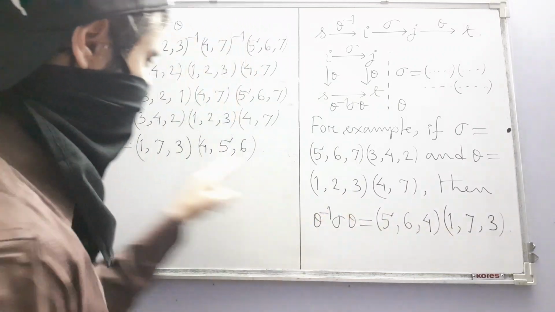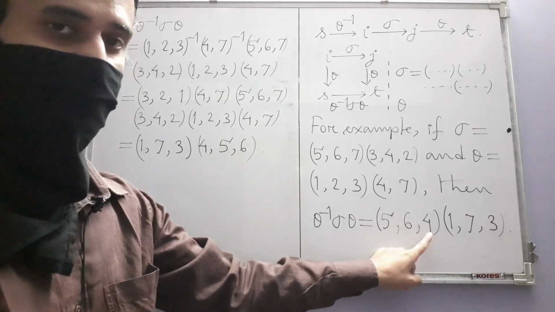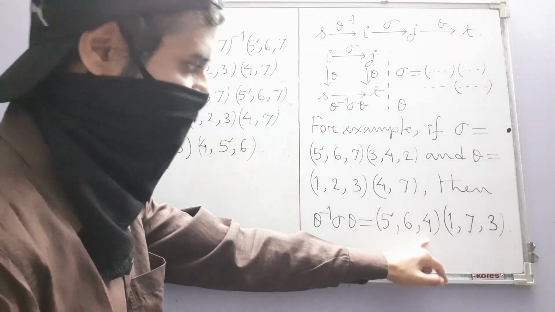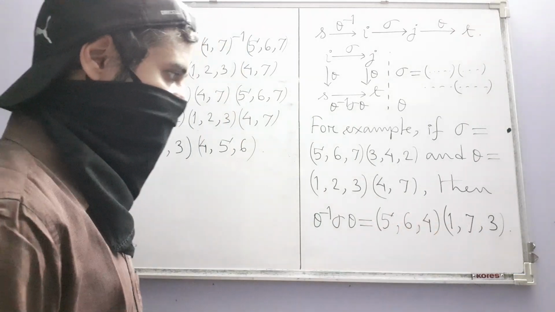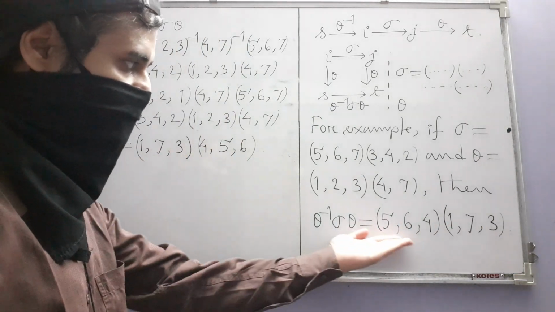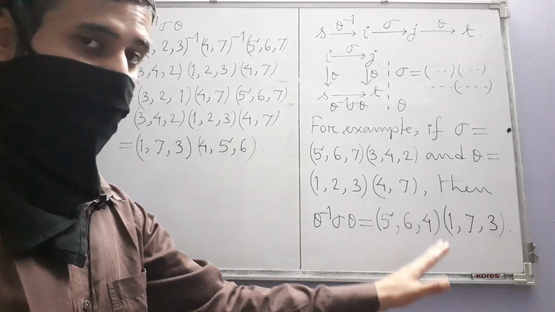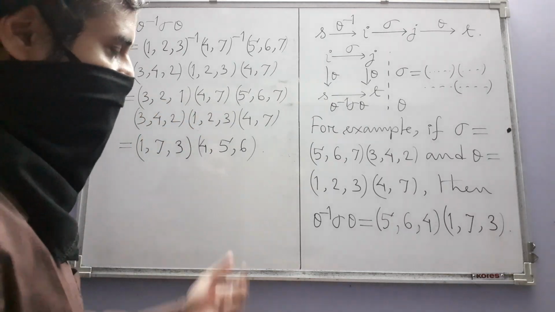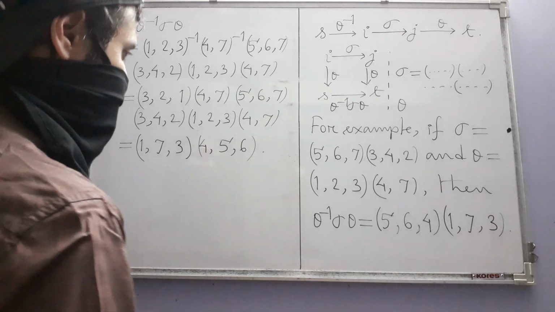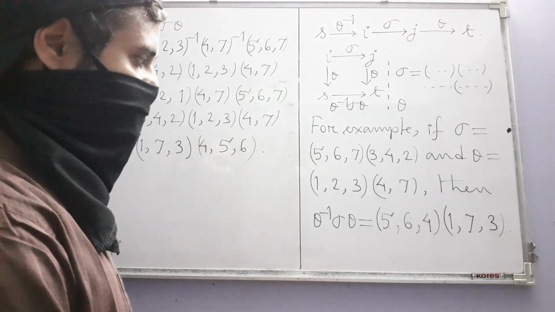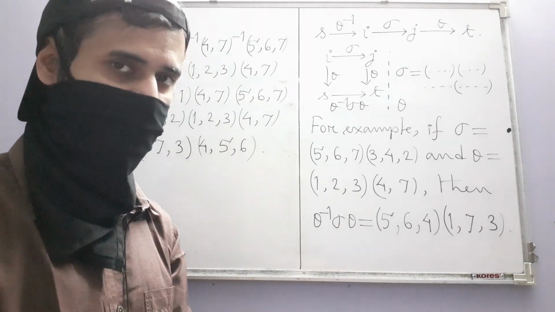1, 7, 3, 4, 5, 6. We do have 5, 6, 4 here, but if you maintain the cyclic order and write 4 first, then 4, 5, 6. And because these two cycles are disjoint, they commute, so this is equal to this. So you see that this method actually gives us what we should get, the same thing as the traditional one. Okay, so this gives us a way of calculating the conjugates very fast, but it